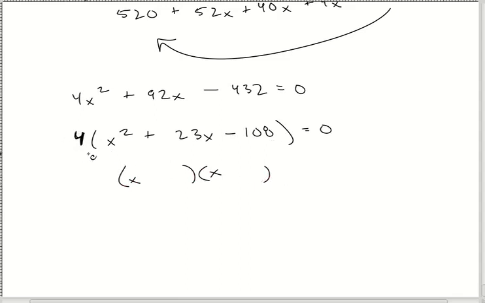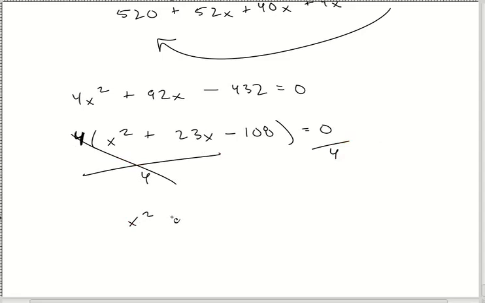This 4, though, what happens to him? I mean, blah, blah, blah, equals 0. What do I do? Well, I'm going to divide both sides by 4. That's a legit move. What's 0 divided by 4? Come on, try the calculator. What do you get? 0. It disappears. That 4 just goes away, because although he was part of the original problem, he's not going to help me solve for x. That's the thing here. I want to solve for x. So, was he helping me? Nope. So he's gone. Now I can actually factor this thing down and get two numbers that multiply to 108